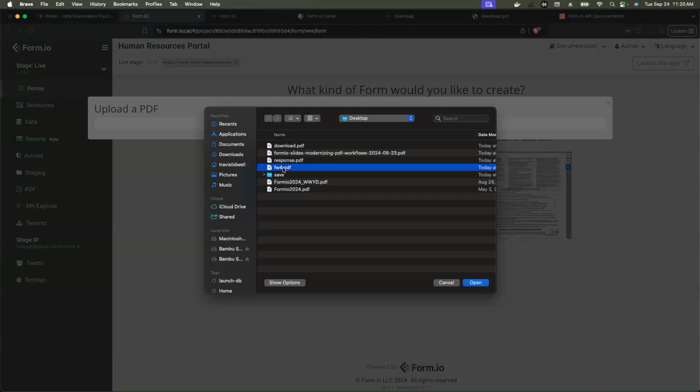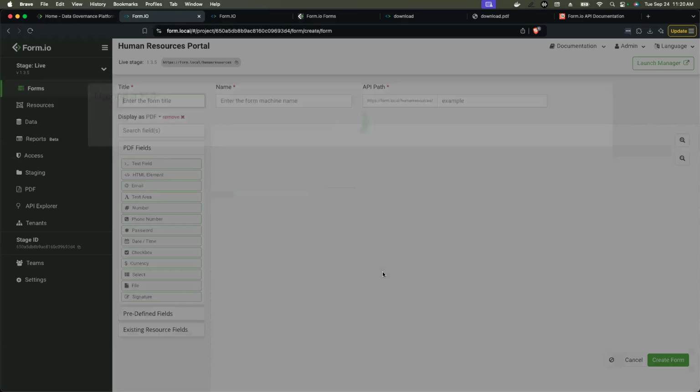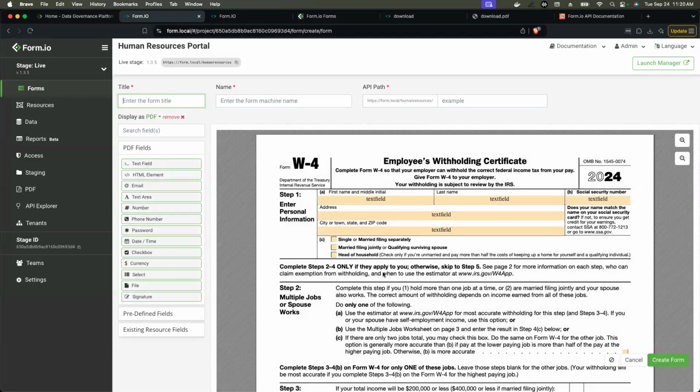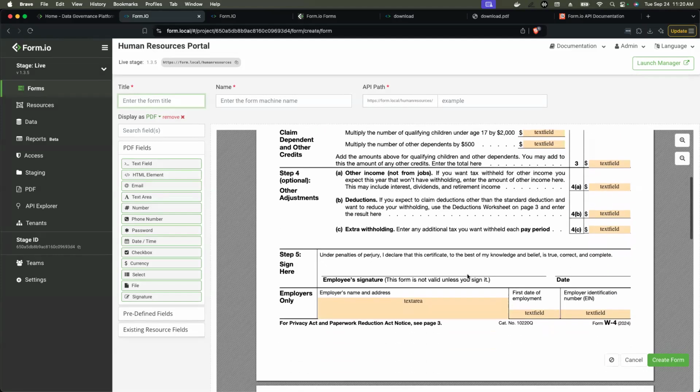I'm going to select this one, which I actually downloaded from the US government's website. I'm going to click open, and it's going to upload that PDF document. It's going to convert it. And not only that, but it's also going to bring in all of these fields that the PDF may already have